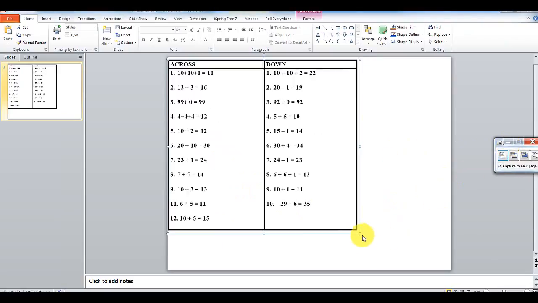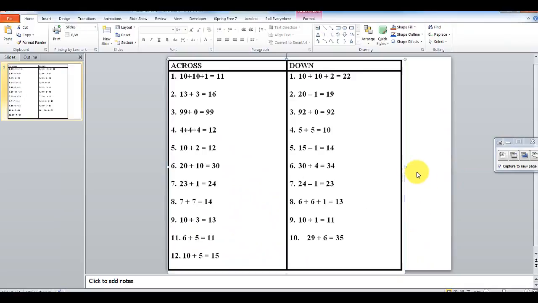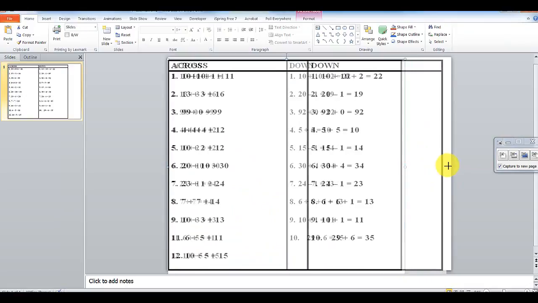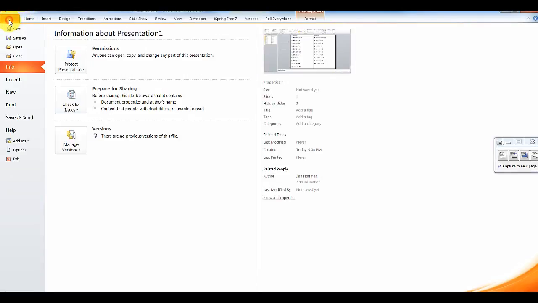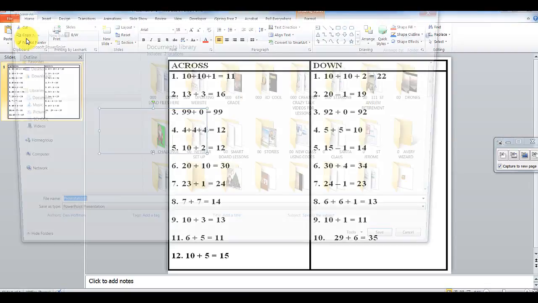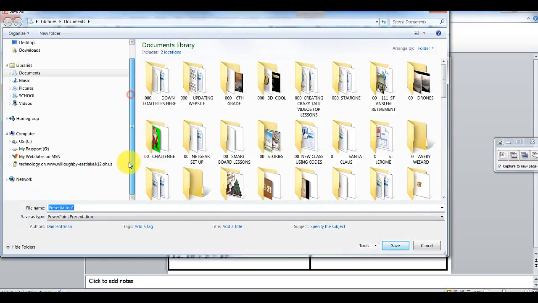Let's get this out of the way, and we'll make this a little bit larger. And then we simply want to save this as a JPEG. Here's how you do that. You simply click on the word File and determine where you're going to save it, of course. Save As. And I'm going to save it in the Passport,